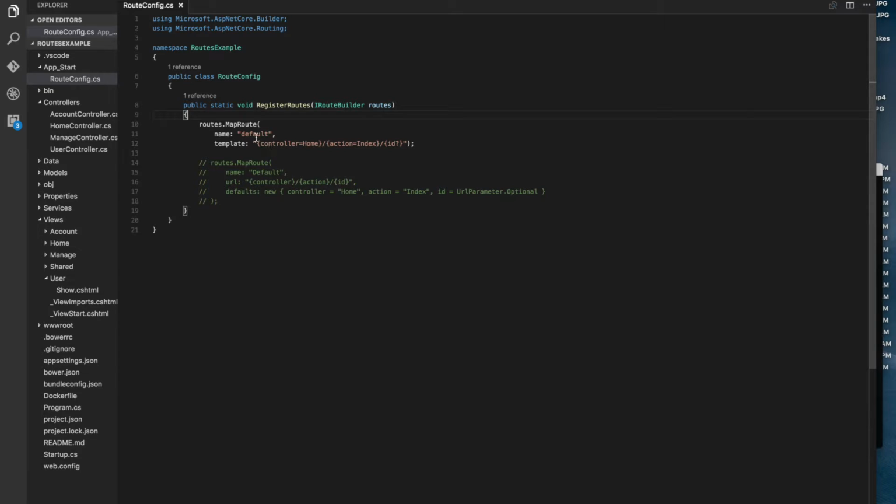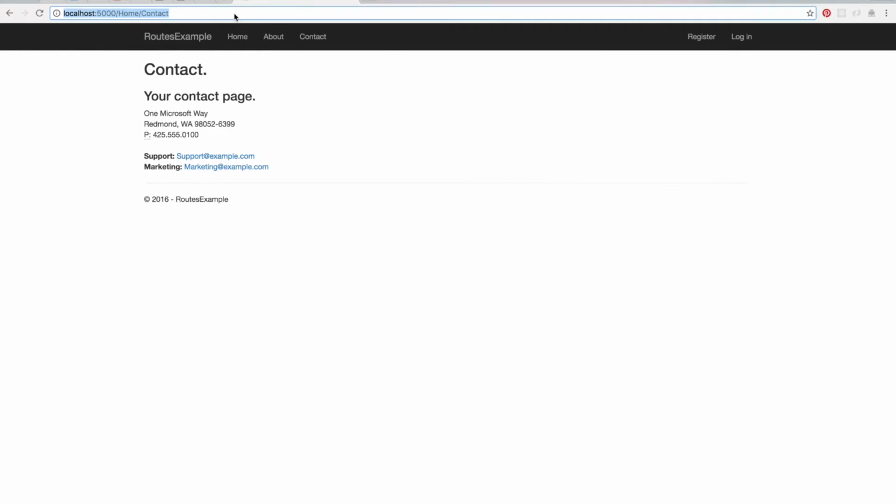So you'll see by default, we get a route that is pointing to the home controller and has the index action, and it's asking for an ID. If we look down here, we'll see that this pattern is really saying we get a controller, we get an action, and we get an ID, and the ID is optional. So what does that mean? If I come to this URL, my browser is going to send a request, and it's going to send this URL string that is